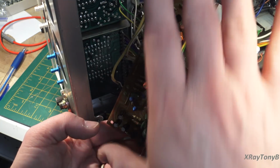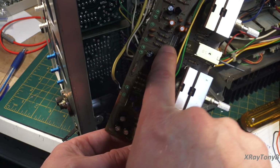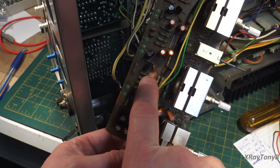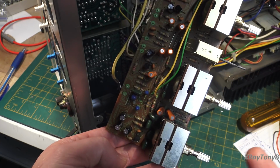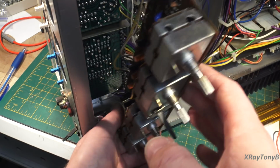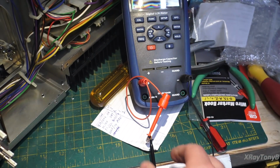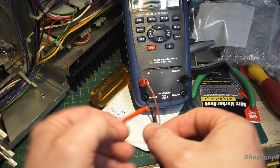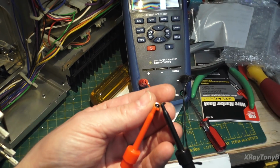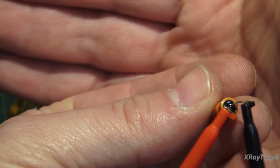And I try to use audio grade on these boards. But a lot of people say don't replace these bright orange ones. These are the ones that are special audio grade capacitors. They're in the audio path, and they say that they're such high quality they never go bad. But time and again, I have an example here on my meter. I have a 2.2 microfarad capacitor, and you can see the way they're made down here. If I zoom in, you can see they are very high quality. They're actually, you can see they're all sealed on the bottom. They don't leak. But